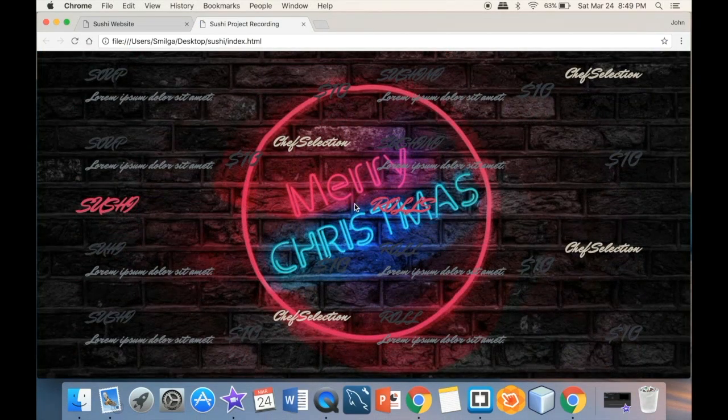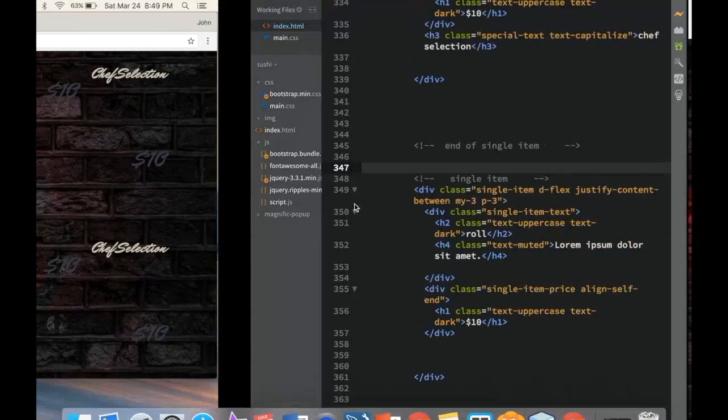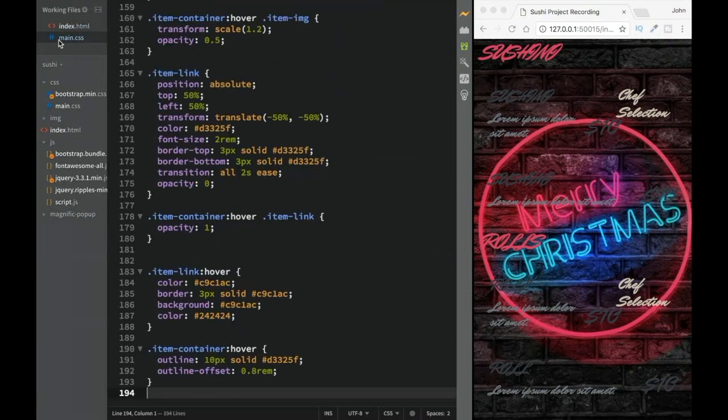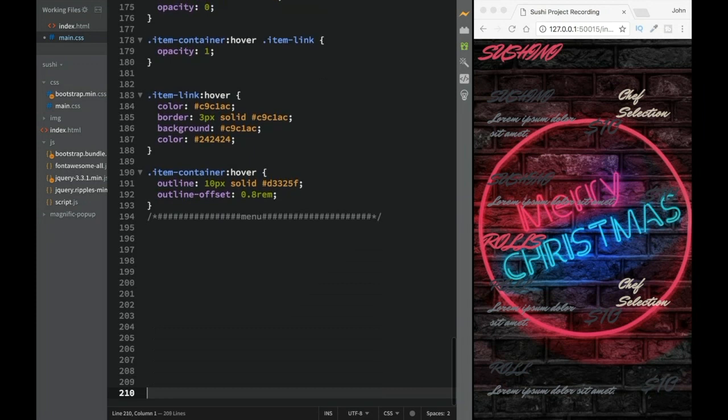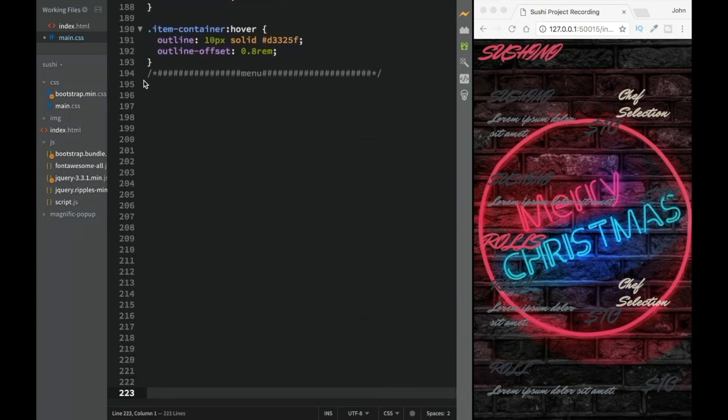Now let's go to CSS and actually style this. So we're going to go back over here. This is going to be our main CSS. Here we're going to make some comments, and we're going to say menu. This is also going to be menu over here. And now we're going to scroll down like this. Then we would want to select menu over here,